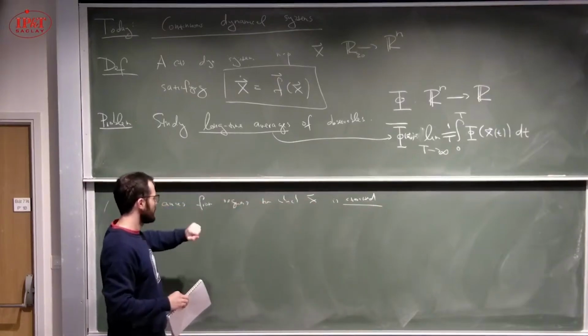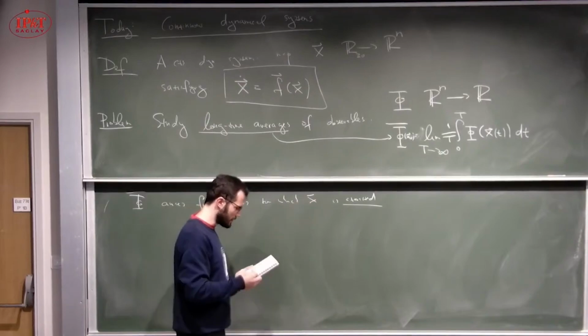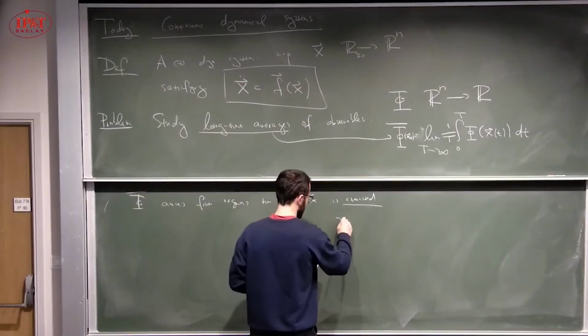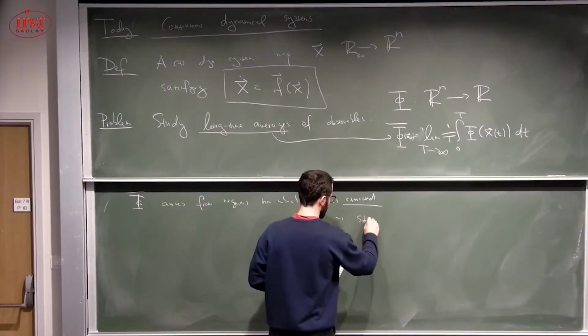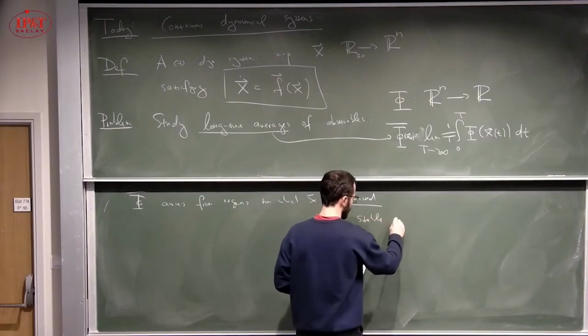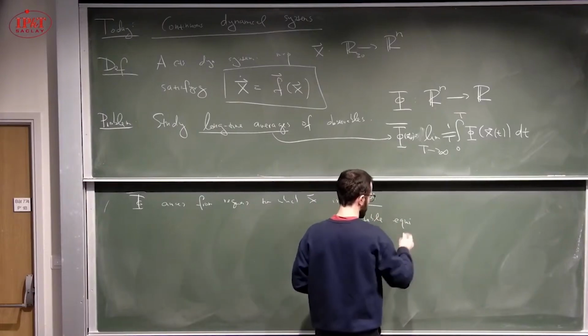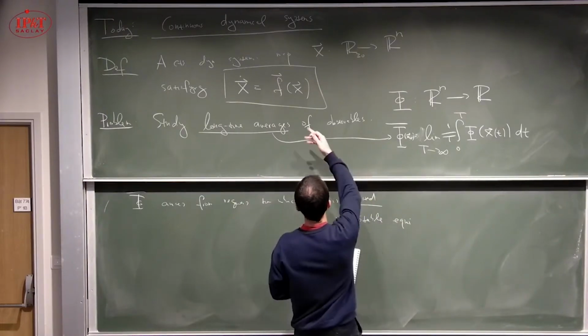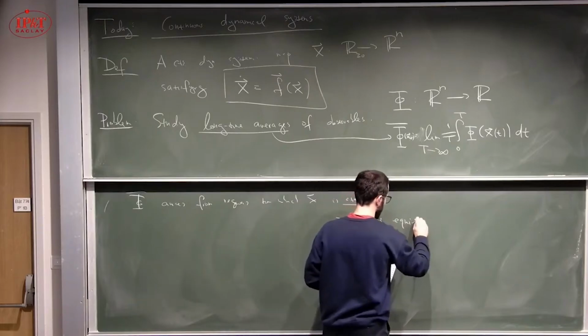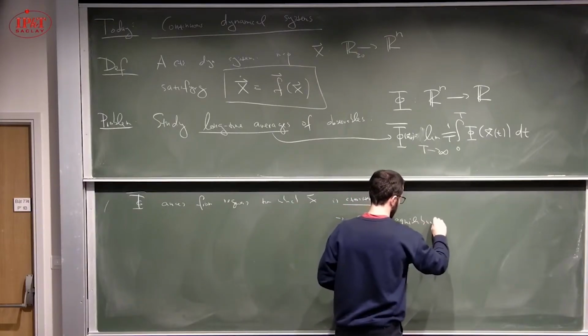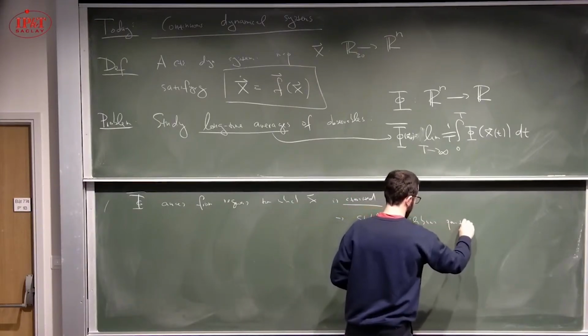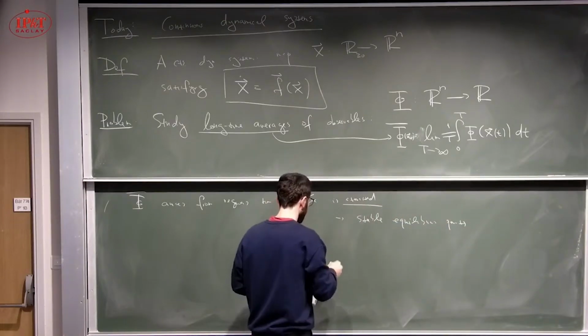Attractor is some region in Rn which this vector tends to. And there are various examples of this thing. So there are, for example, stable equilibrium points,